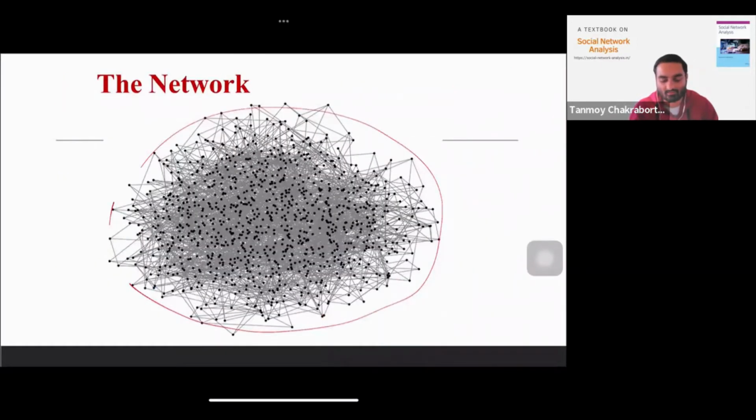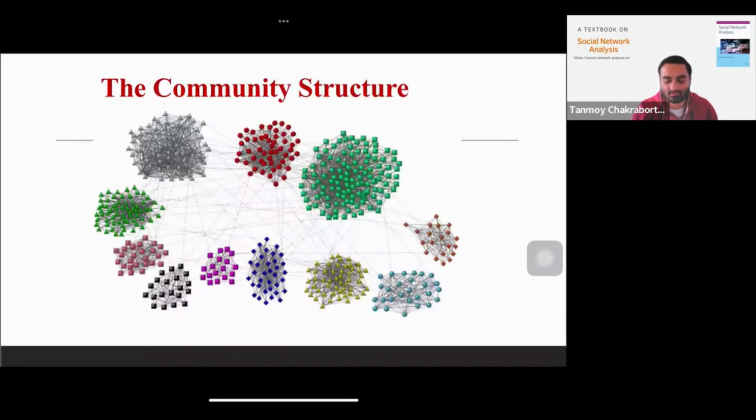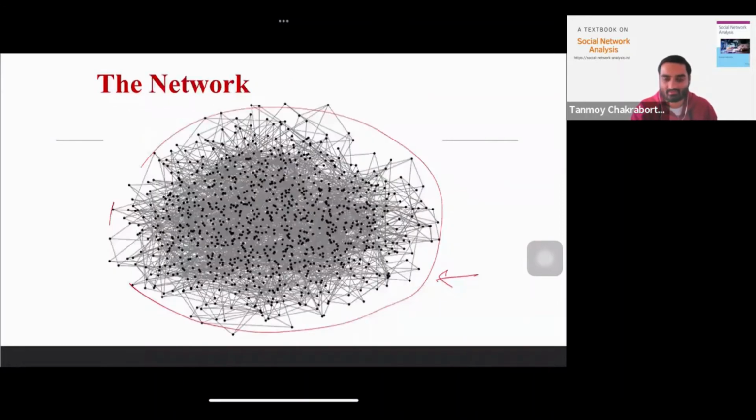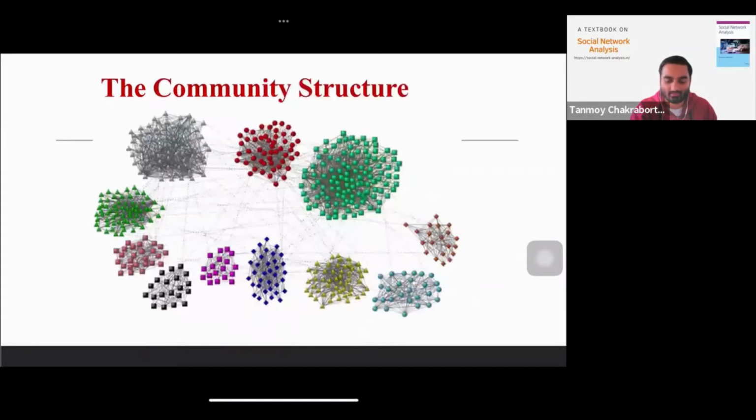Now, what is the task of community detection? You are given a network like this. Although it's a small network, we deal with networks with 1 billion nodes, 1 trillion nodes, for example. The task is to unfold the underlying community structure like this. You can easily see that it is impossible for a human being to look at things manually and understand the community structure. So you need algorithms which can automatically unfold the underlying community structure